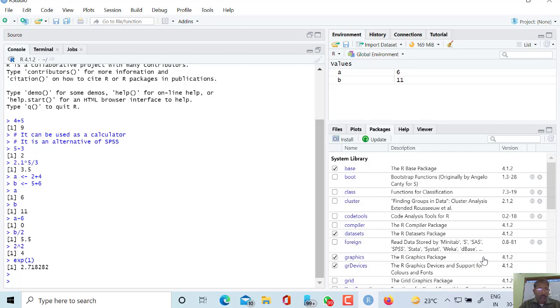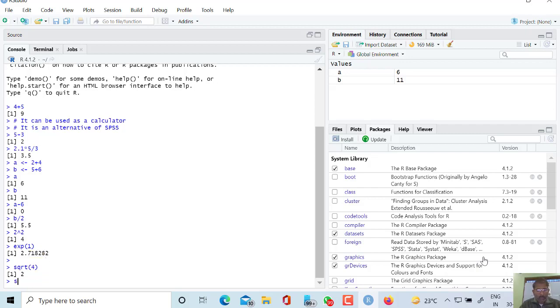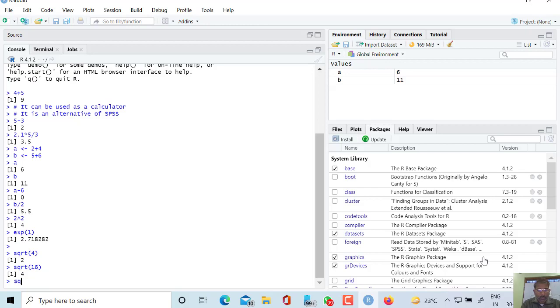For calculating the square root of a mathematical function, one method is writing SQRT. SQRT of 4, it is 2. SQRT of 16, it is 4. We can write it also as A minus 1.2. The value of A is 6 as we know, so A minus 1.2 is 4.8.